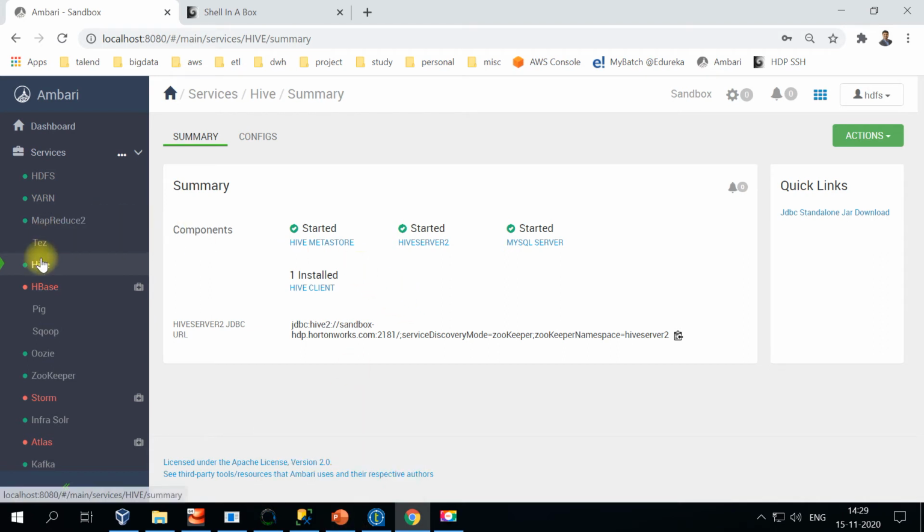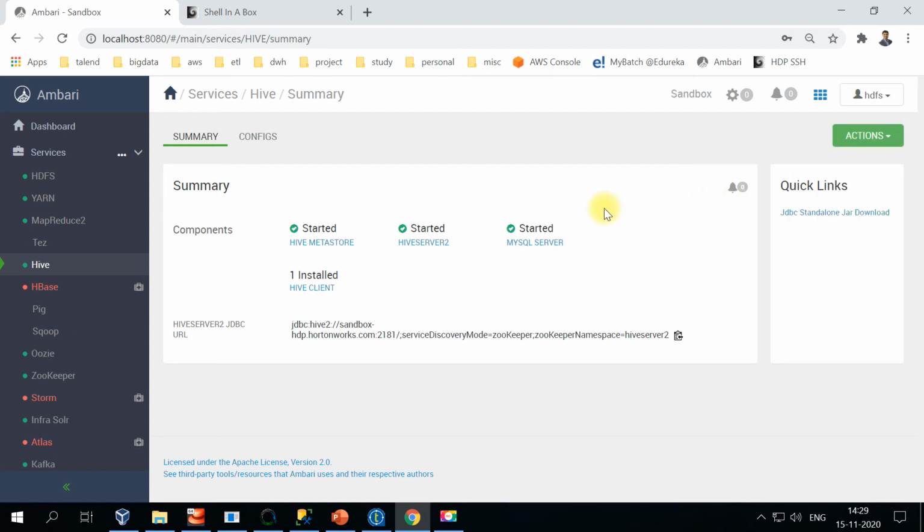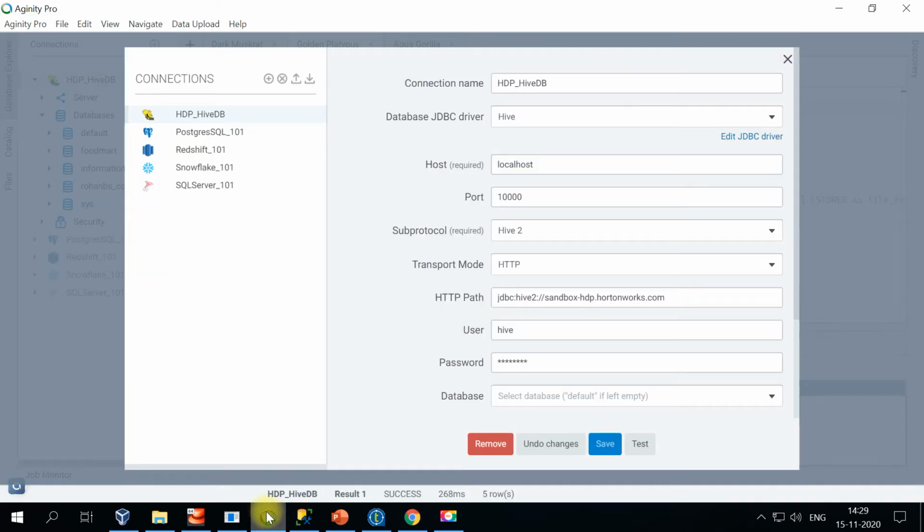For some reason, if you have the Hive database installed but it's not running, you can go to actions and then start, stop, or restart, right? These are some of the options available in Ambari. Okay, so now that we have looked at Ambari,